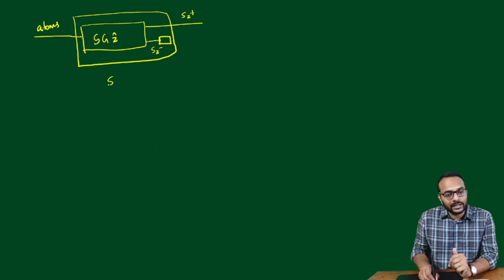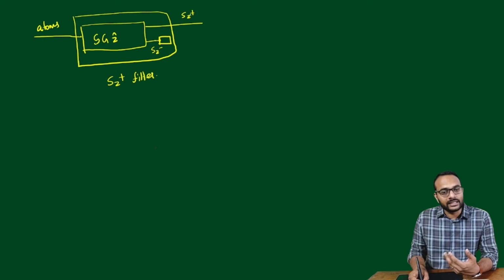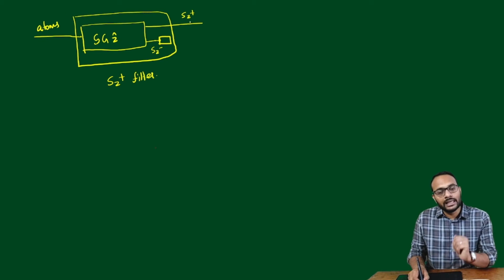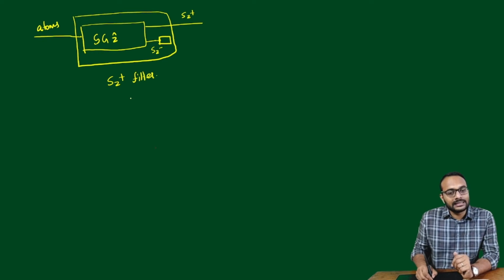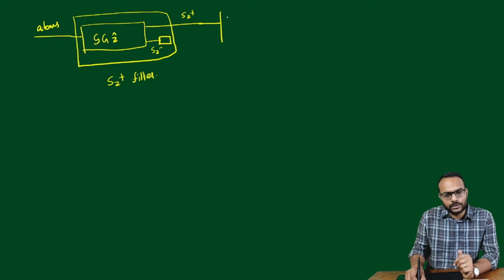Okay, so this I can call an Sz plus filter. Why? Because it gives out only Sz plus, only those atoms which are characterized by Sz plus, or plus h cross by 2 in the Z direction. Now what do I do with the output of the Sz plus filter? I put it into an SGX hat apparatus,